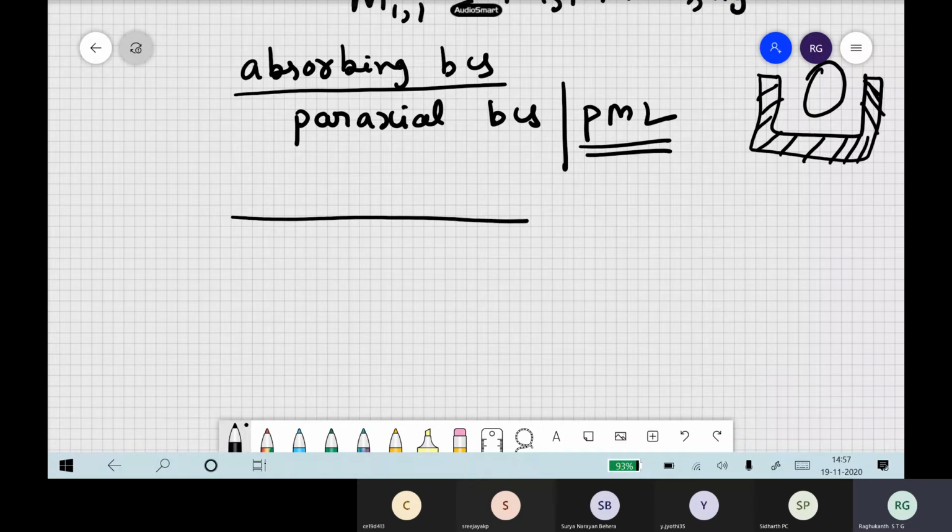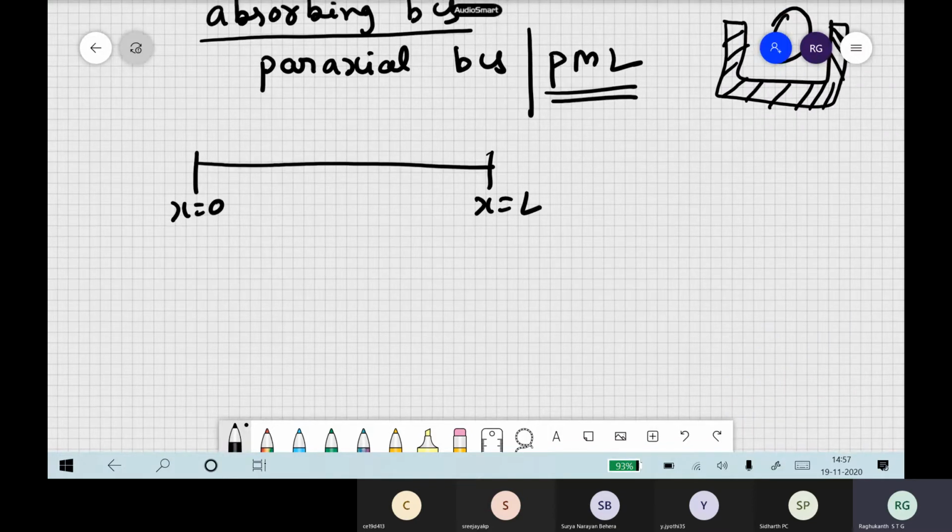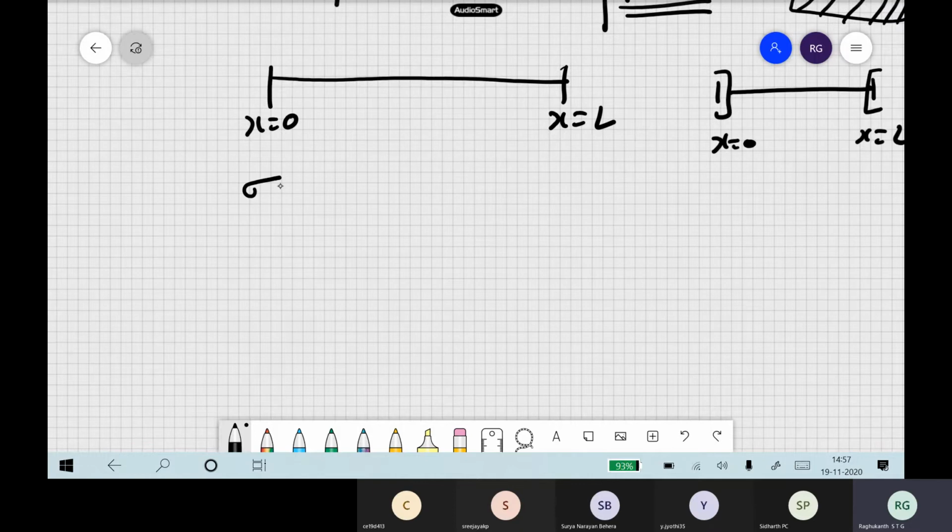For example, this is absorbing boundary conditions at x equal to 0 and at x equal to L. One way to do this is you can put dampers at both the ends. The property of a damper is that whatever comes, it absorbs. So we can write it in terms of a boundary condition. The stress at this boundary is rho times alpha times u dot, just like a damper. So this also we can use.